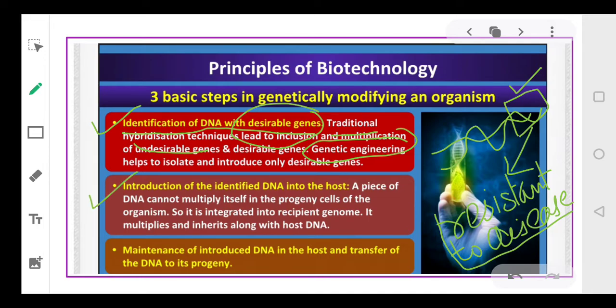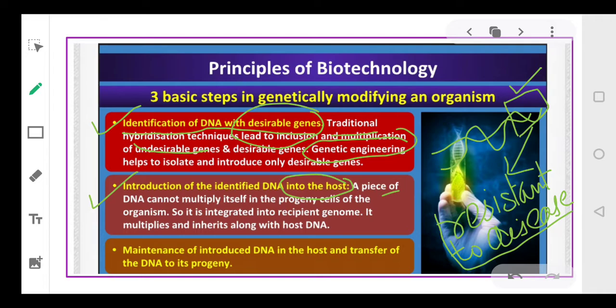Second is, now we have identified that particular gene. Now we will extract that gene and we will insert it into another host. हम उस जीन को एक्सट्रैक्ट करेंगे जो जीन हमने आइडेंटिफाई की है और उसे हम किसी होस्ट के अंदर इंट्रोड्यूस करेंगे. Okay, now when it is introduced into another organism, जब हमने उस जीन को, उस डीएनए सेगमेंट को किसी और ऑर्गेनिज्म में इंट्रोड्यूस किया है,